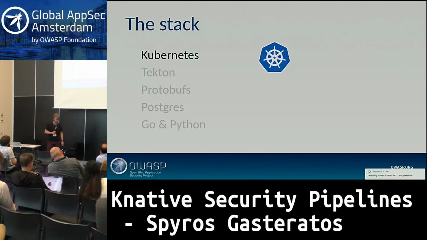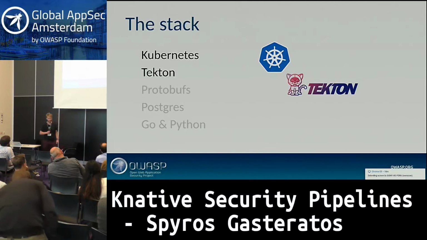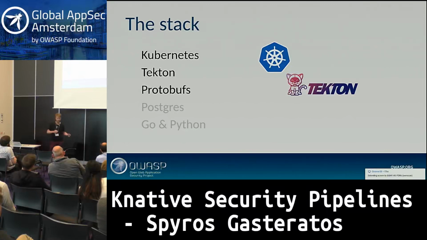When we first started looking at writing this, about the same time Tekton came out. Tekton was originally written by the Knative Foundation, and is all about running CI pipelines on top of Kubernetes. Bare Kubernetes is a little bit hard to do that with. It's great at running services for long periods. It's great at running one-off jobs, but running jobs kicked off by something else is kind of hard without something like Tekton.